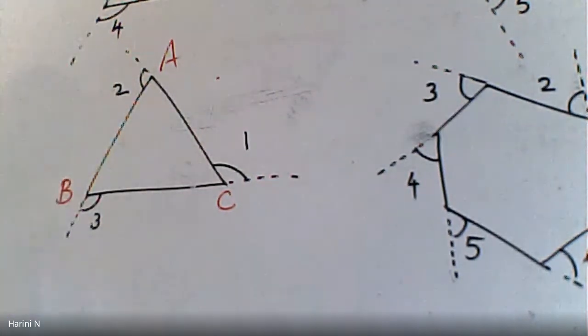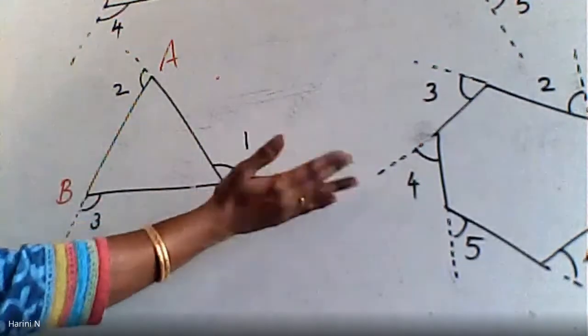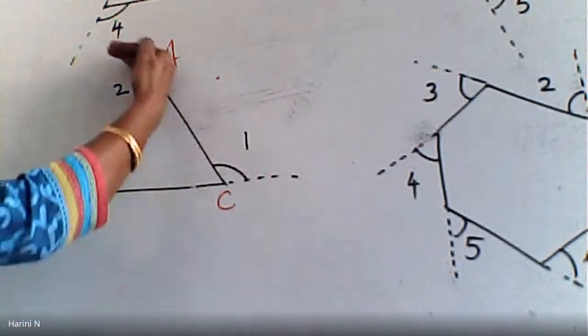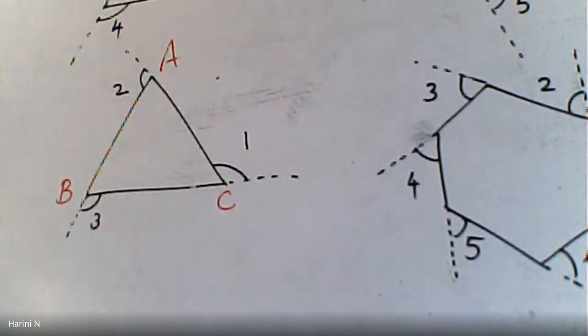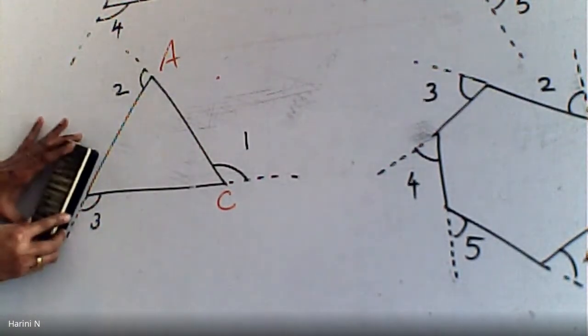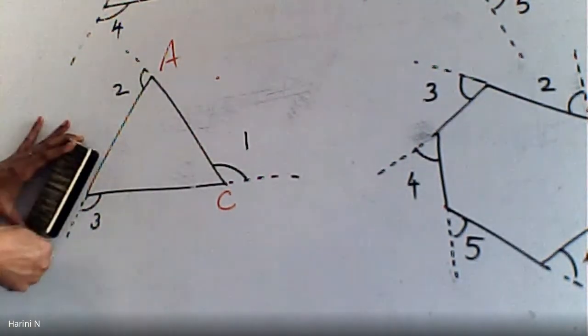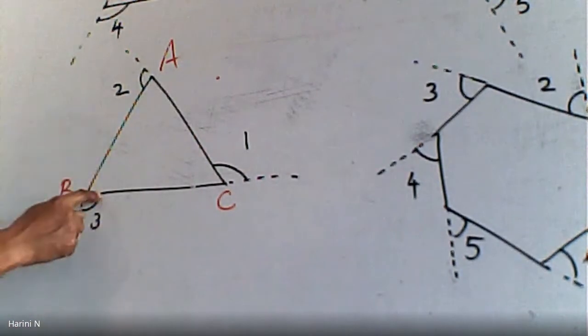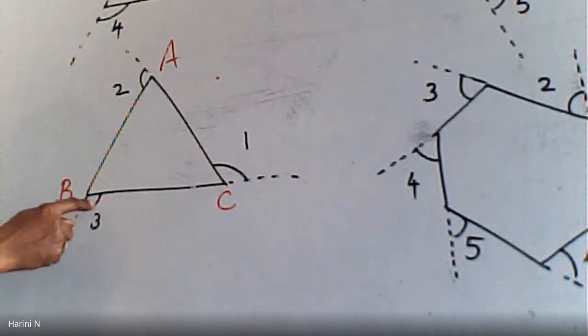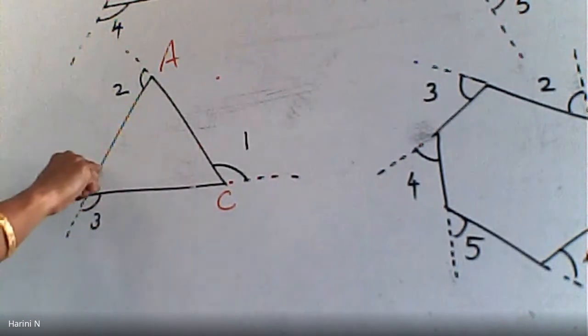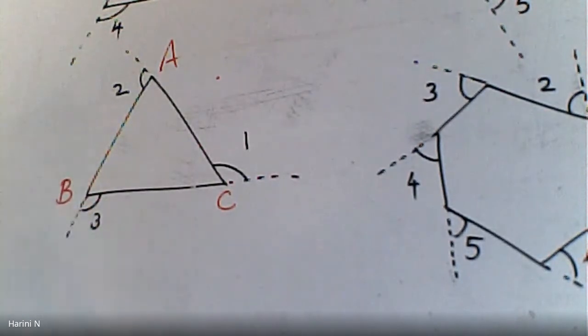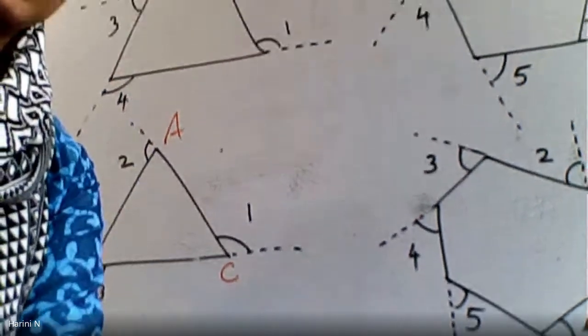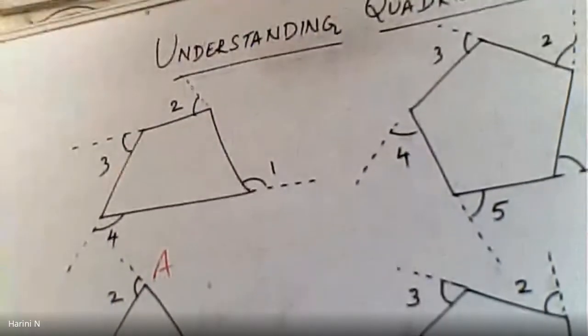Now for B, because you started BC, I went in an anti-clockwise direction. I went like this. Now I have to come back like this. So keep your scale along AB. Extend it like this. So your exterior angle should come here. Why? Because this is the common vertex. This is your interior angle. This will become the exterior angle. So this is the way or the method you have to adopt to draw the exterior angles of the remaining figures also. Now see, I am showing it for the quadrilateral.